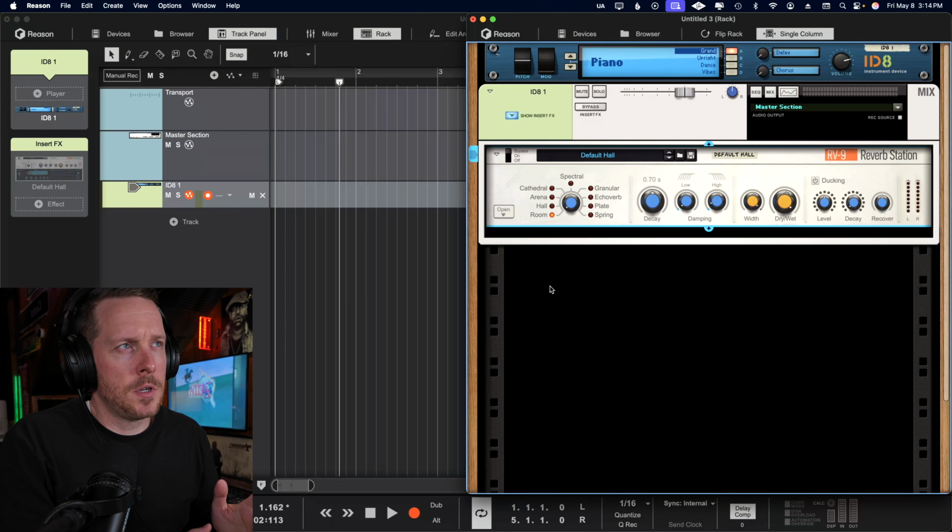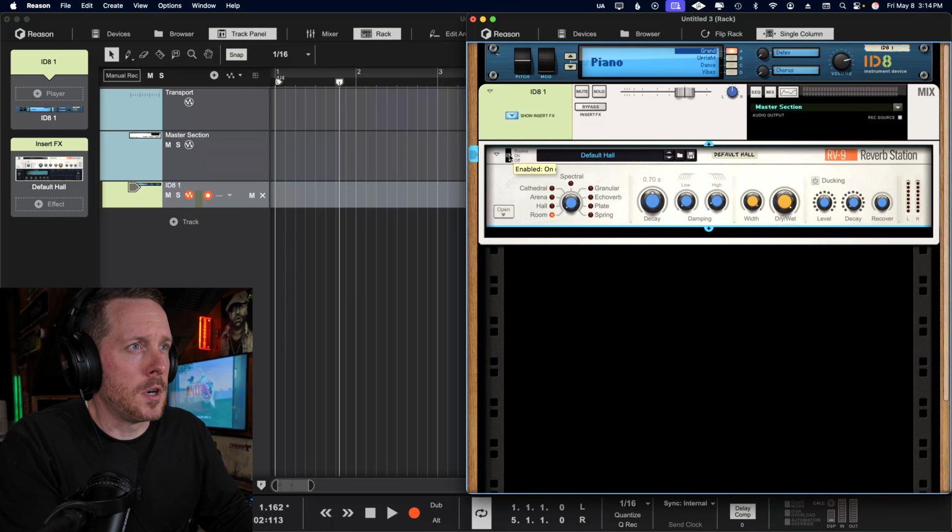And last but not least is the brand new RV9 reverb station. So I dragged over an ID8 instrument device and just have it set to piano. And that's with no reverb. And if I turn it on, this is the room. And decay is set to 12 o'clock. And as you toggle between the different algorithms to hall and arena, the decay time will essentially stay the same within the knob. The actual seconds might change a little bit, but